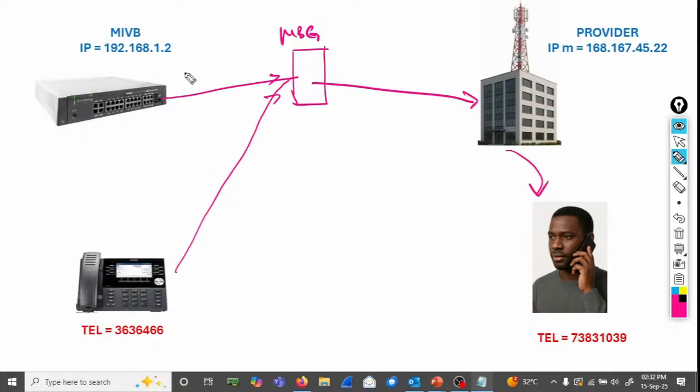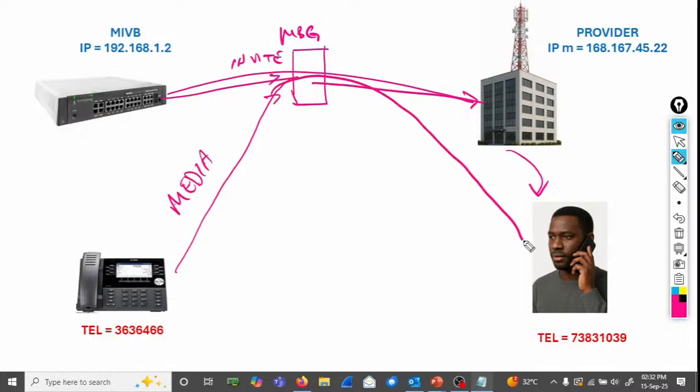So when you have the MBG, the invites are going to go through the, and the media is going to be